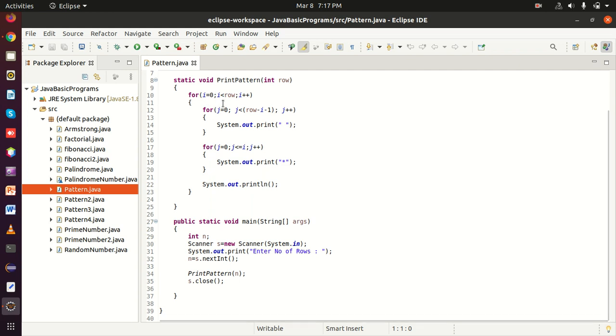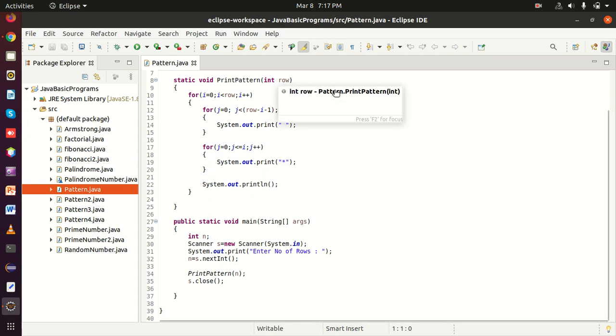So now we can see here the row variable. The row variable contains the value which the user has inputted, and that value was assigned in variable n and is passed as a parameter. Now row contains the same value. Assume I have inputted the value equal to 5, so row contains 5.